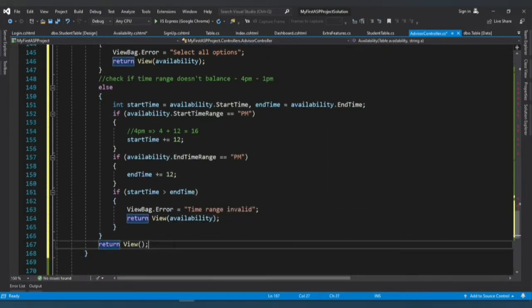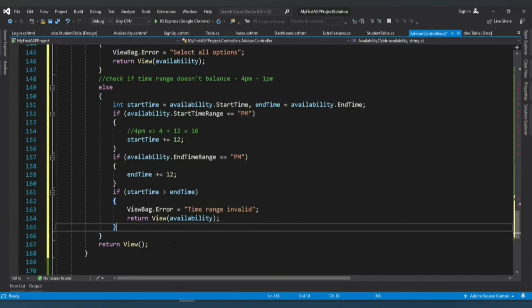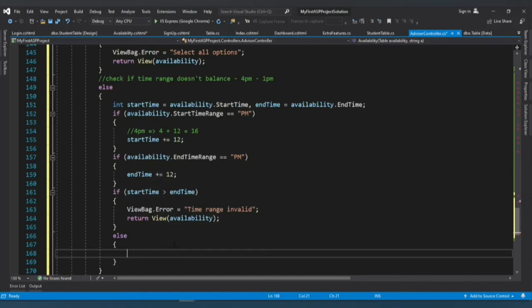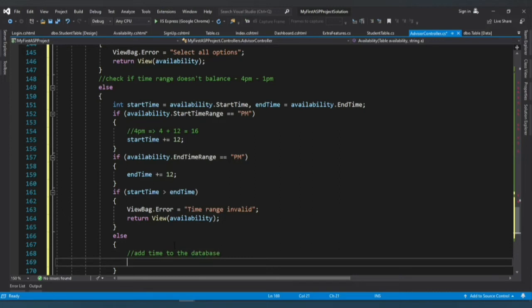Yes, so that's if it doesn't move. So if this balances, then else we can go ahead and add time to the database. So for us to do this, we're going to turn it into words, and